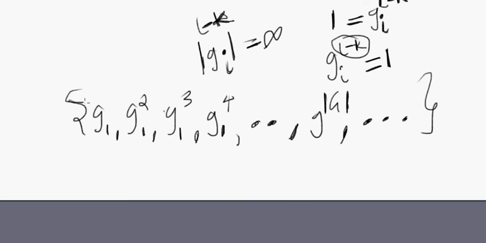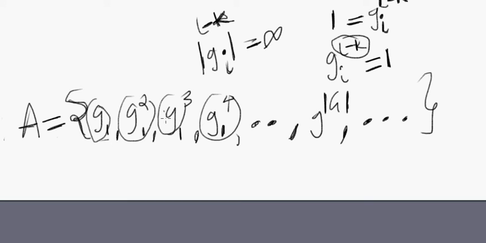Well, okay. If none of these elements in this set, let's call it the g_i power set or something. Okay, it's written badly now. This set, let's just call it set A. Why make our life harder than it should be? Let's call it set A. Okay. The set A, if none of the elements in this set A